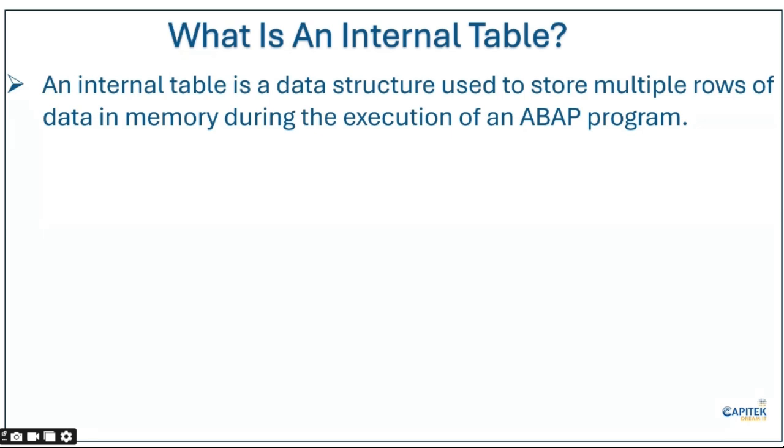It means we may have different columns, and all the columns are organized accordingly. So we call it a data structure. In the structure, we always find the columns, and all the columns are organized. So an internal table is a data structure. It means an internal table is a structure with fields. We can call fields columns as well. So an internal table is a structure